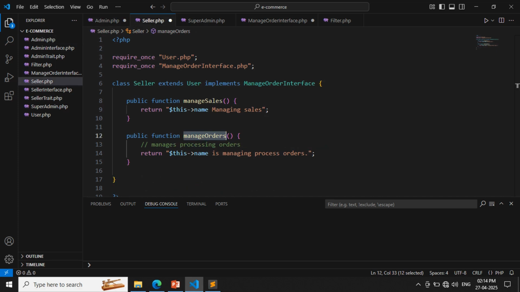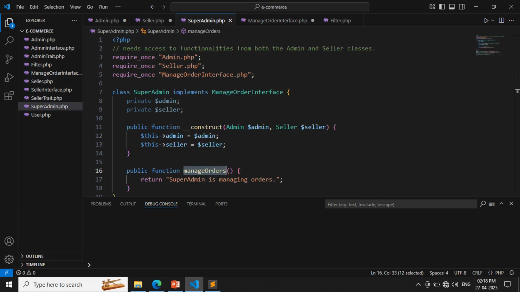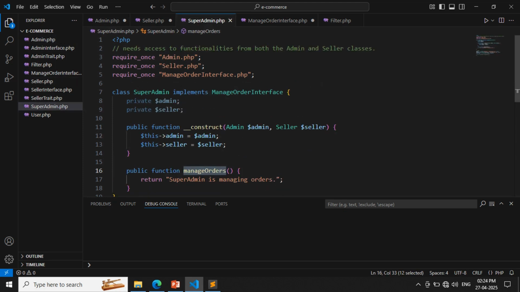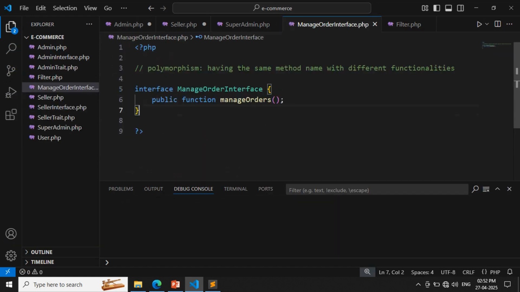In the seller class, we also have a method named ManageOrders, but here it manages processing orders. Similarly, the super admin class defines its own ManageOrders method, which handles all types of orders. As you can see, all three classes use the same method name ManageOrders but provide different behaviors. This is called polymorphism, having the same method name with different functionalities.